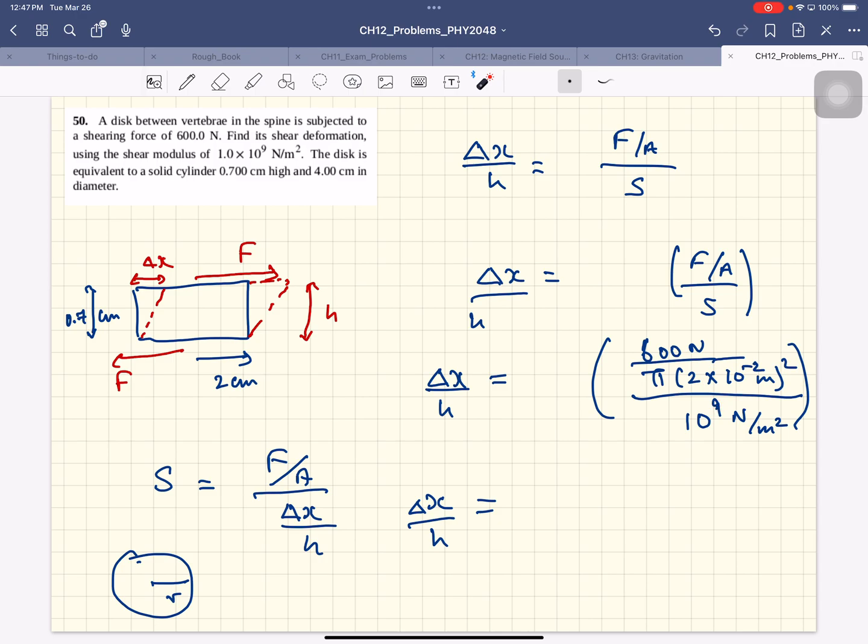So this is 600 newtons divided by 4 pi times 10 to the 5. And the newton per meter squared cancels the newton per meter squared. So this is a dimensionless number. And this is equal to